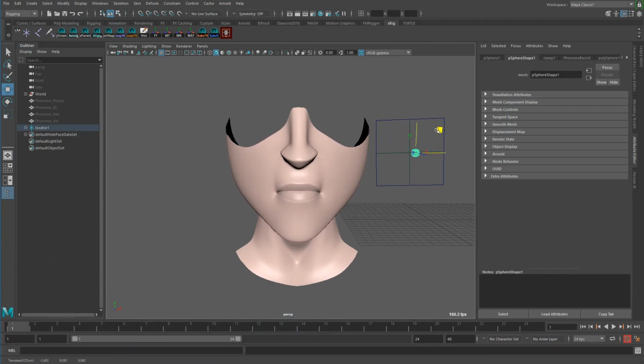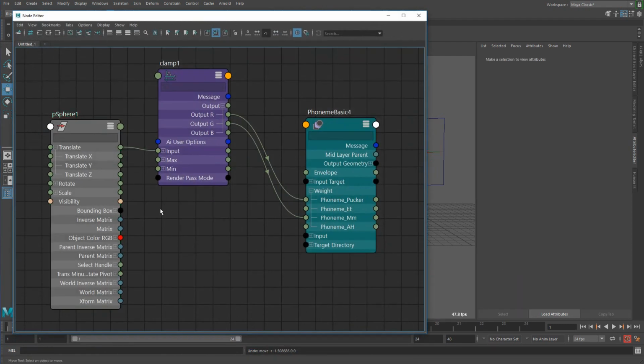And it's working. Basically, if I move to the right, the pucker is working just fine, and it's not affecting the negative values. If I go upwards, the shape is doing what I was expecting. So now let's get the negative values in there. One of the easiest things to do is just add a multiply, divide,